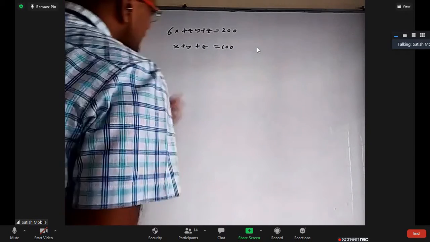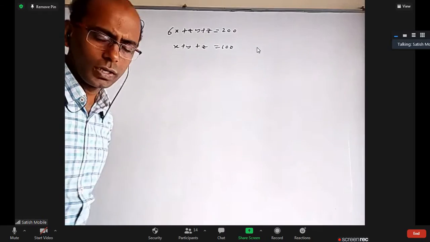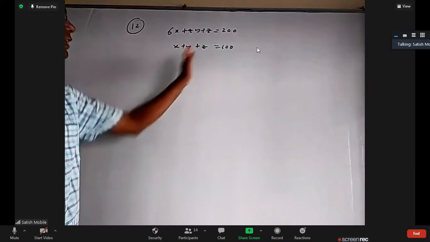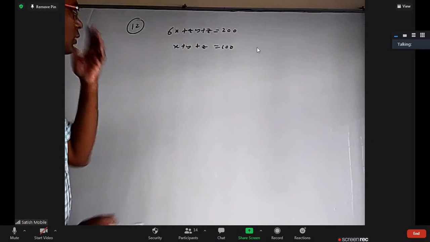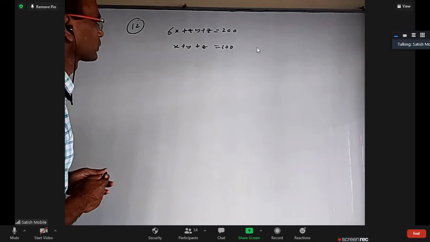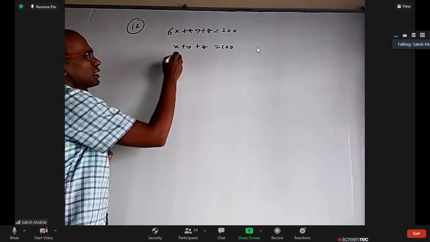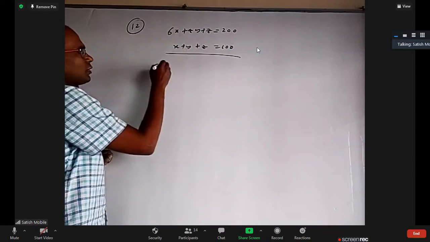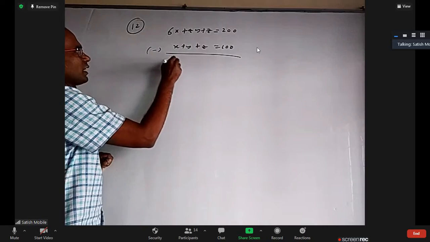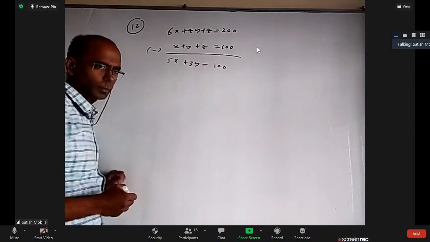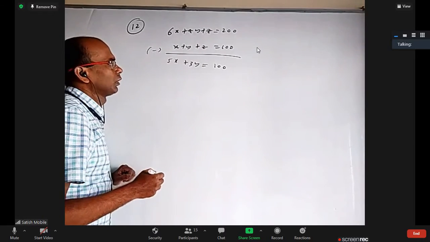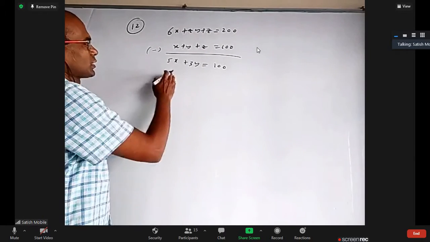For example, you fix z, you take z equal to 7 or 100 or 1000, whatever you want. Fix z, it will become two equations in terms of x and y, and you can find x and y. So we can solve in different ways. For example, let us eliminate z. When you directly subtract the equations, you will get 5x plus 3y is equal to 100. Now we got a relation between x and y.